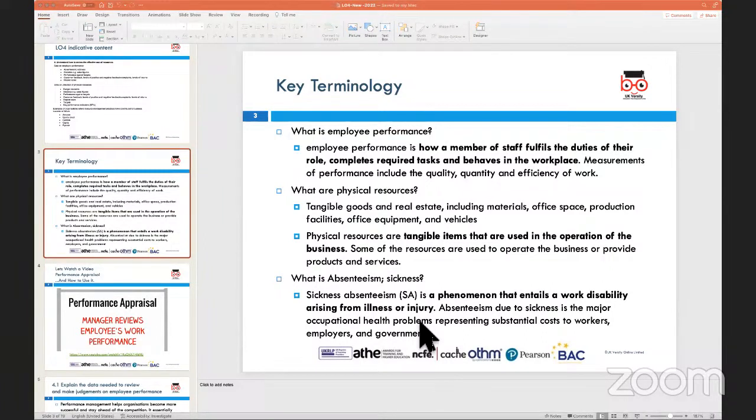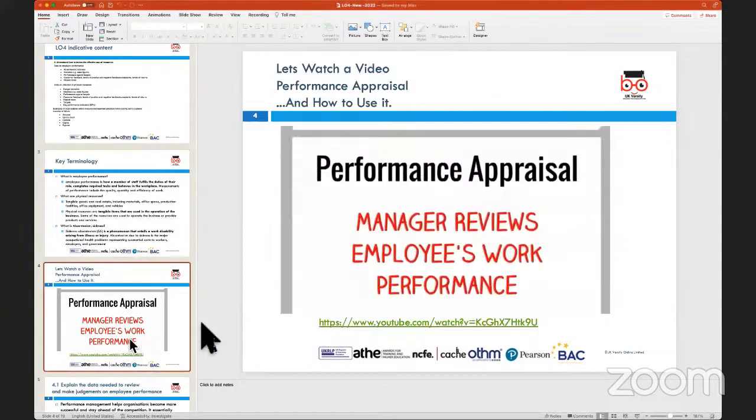looking at absenteeism, sickness. So absenteeism tends to be when an employee is absent from the organization without a valid reason. Sickness would mean you are on sick leave, you're not well, and in some cases, some organizations require a sick note or a self-certified sick note to be produced if you are not able to work for a period of more than 3 days. And then in some cases, this adds up to the cost which the organization is racking up as far as